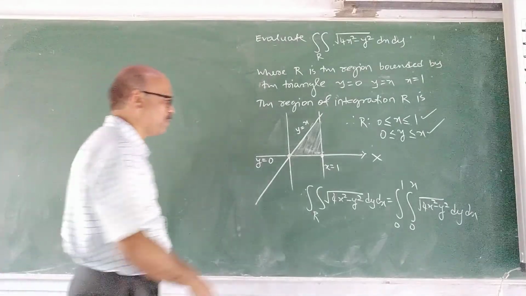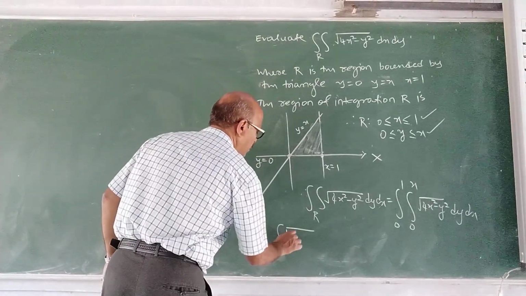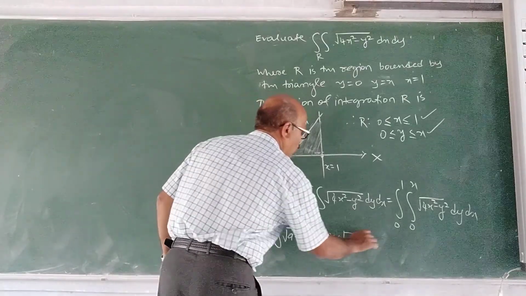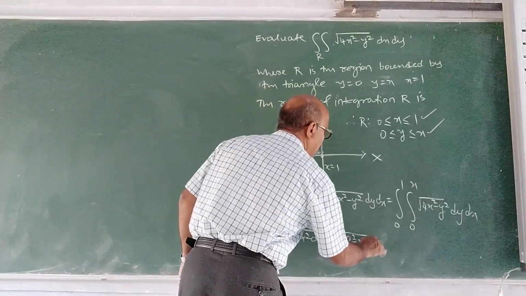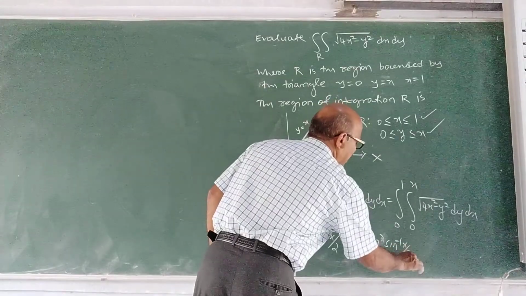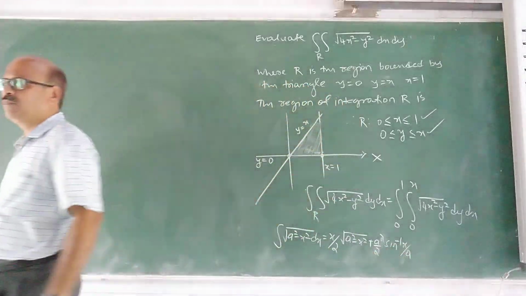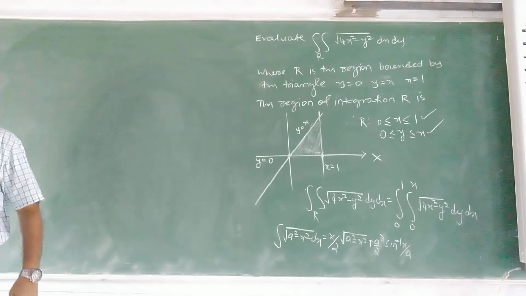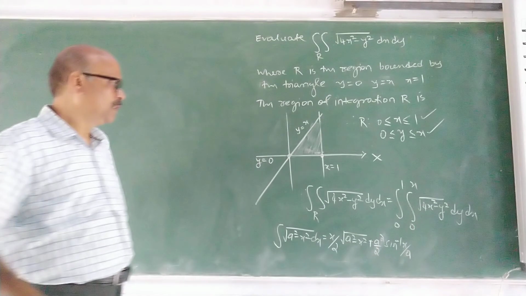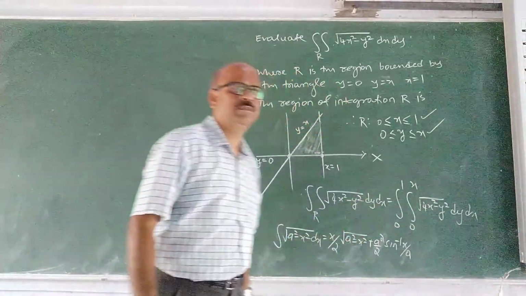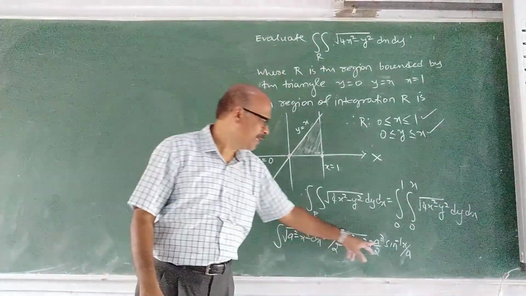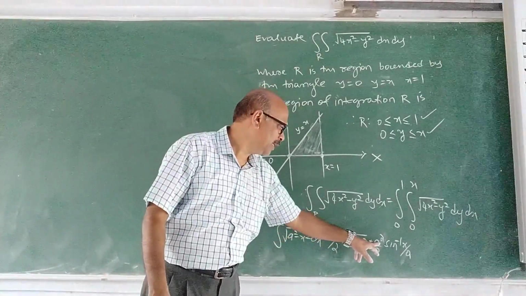Root a square minus x square form. What is the formula? x by 2 root of a square minus x square plus a square by 2 sin inverse of x by a. Apply carefully the formula. You have to consider x also constant. This 4x square is constant, and that should be a square form, because while applying you require this a square.